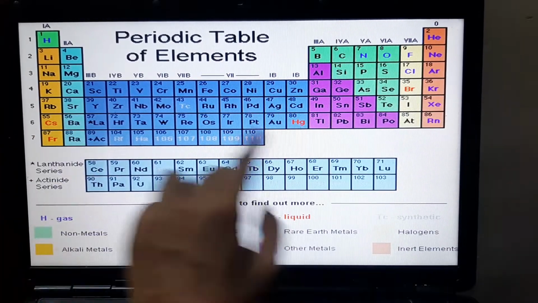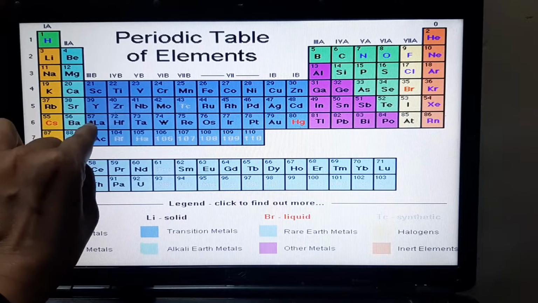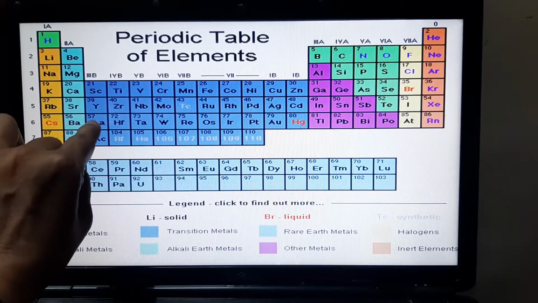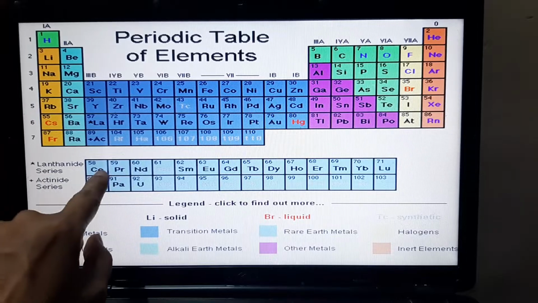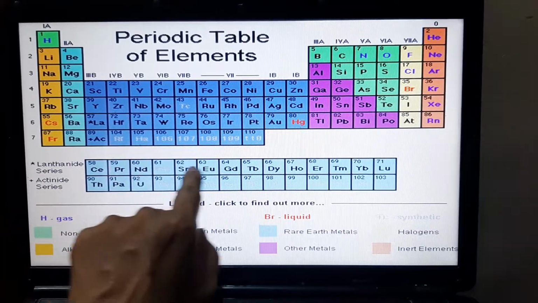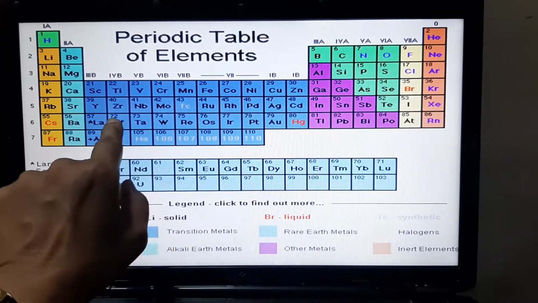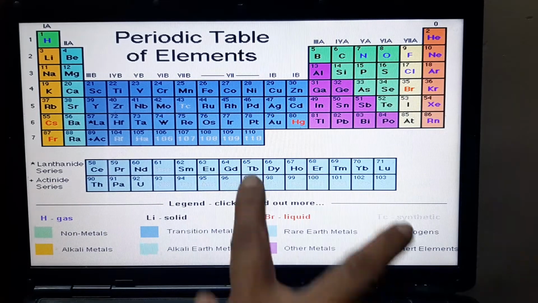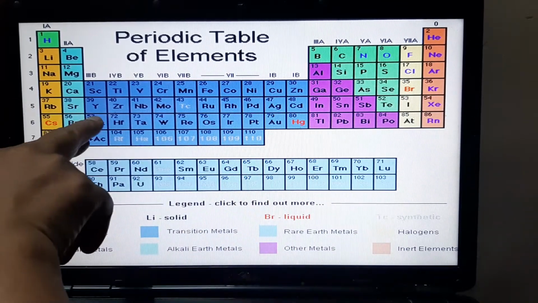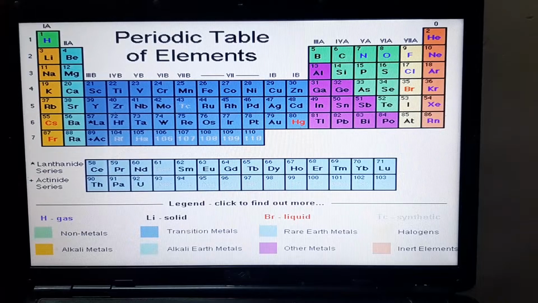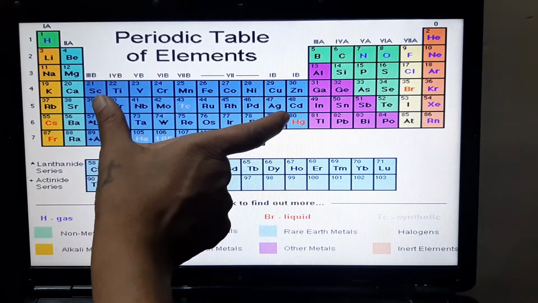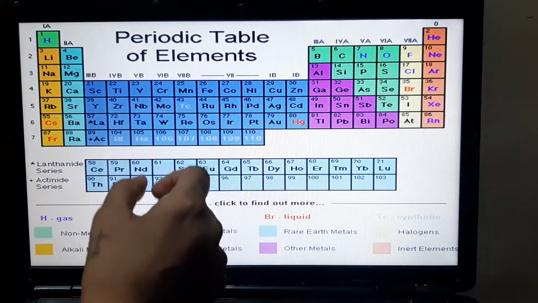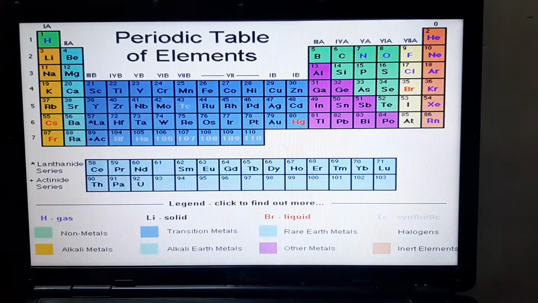So these all have to be placed in, but if they write all of them into this box, you will not be able to see them. Hence, this is atomic number 57. The next element, cesium, is 58, 59, and so on till 71. Then you have 72, 73, and so on. So all these elements actually have to go inside over here. These are called inner transition elements, because this blue box is called transition elements. These are inner to it, so inner transition elements.